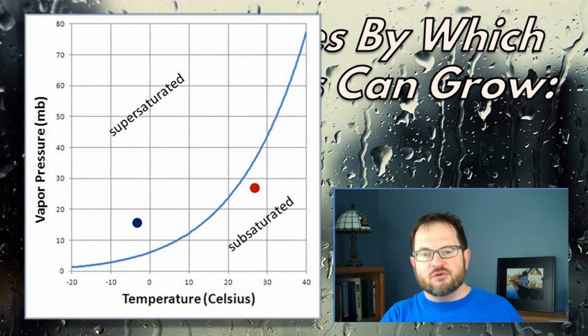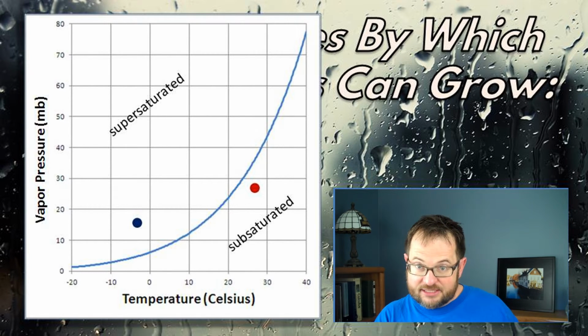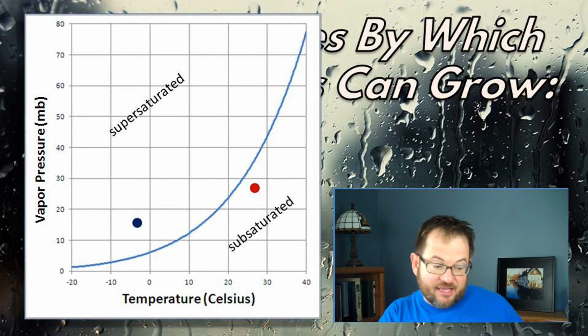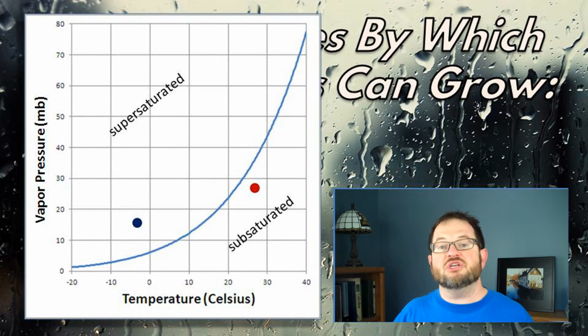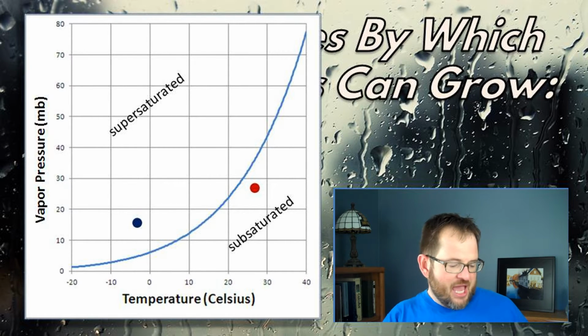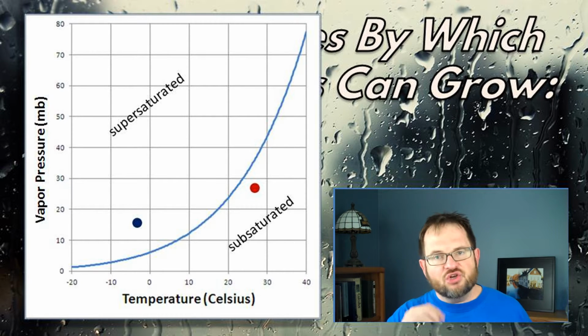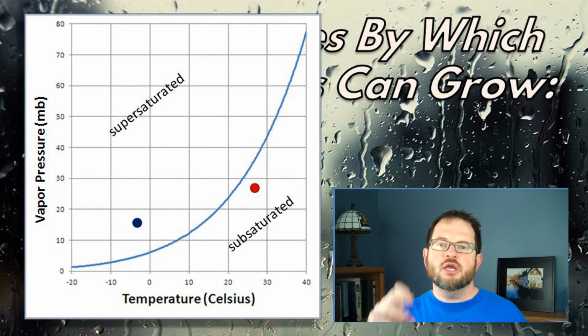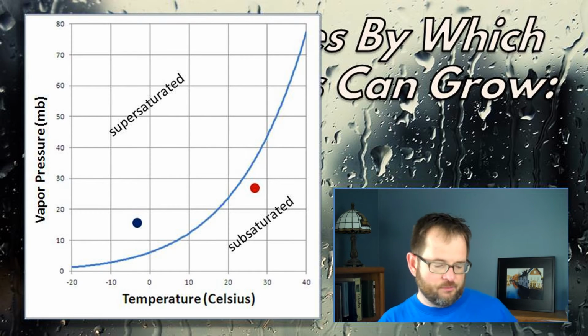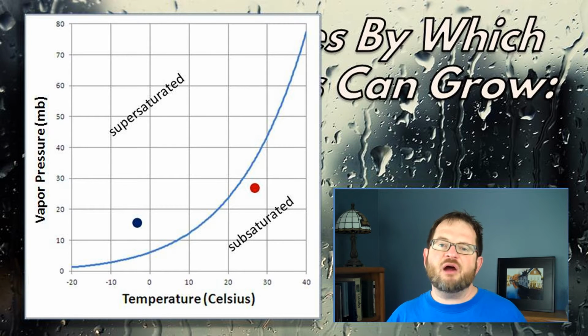If you think about it that way, any spot that maps below the curve of the Clausius-Clapeyron equation, like the red one there, corresponds to a situation that is subsaturated, and droplets are going to be shrinking because they're evaporating. And any spot that maps above that curve, like the blue one does, is a situation where the air is supersaturated, and condensation or deposition will be happening faster than evaporation, and the droplet will grow. Thinking about the graph of the Clausius-Clapeyron equation in that way is actually a powerful tool